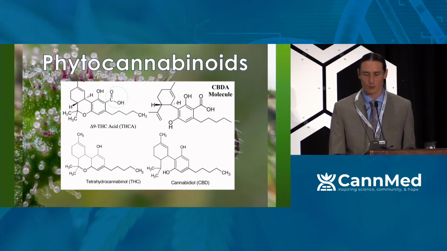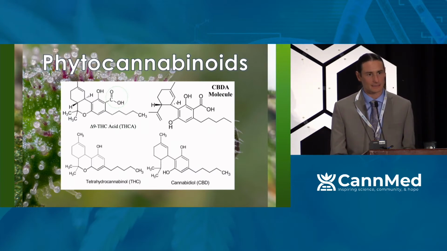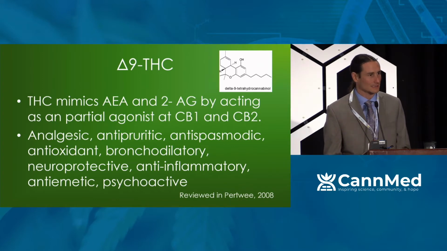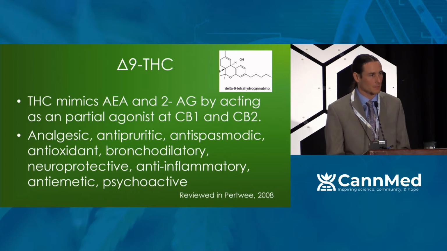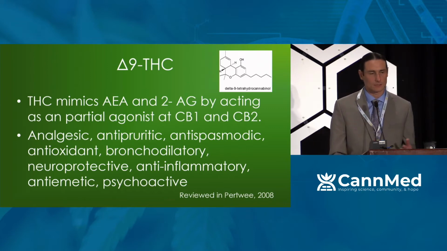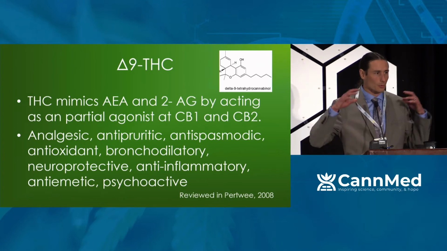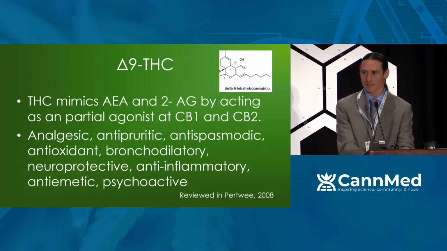But of course, raw or very slightly heated preparations of cannabis have been used in medicine for a very long time. So we're going to dig into THC and CBD first, and then we'll take a tour of some of the other cannabinoid compounds. So THC is a partial agonist at the CB1 and CB2 receptor, much like anandamide. THC very closely mimics the activity of our endocannabinoids, and probably the biggest difference is that when someone is exposed to THC, this exogenous phytocannabinoid, they end up with a global cannabinoid effect, right? It's going to be distributed into all the tissues and affect them systemically.